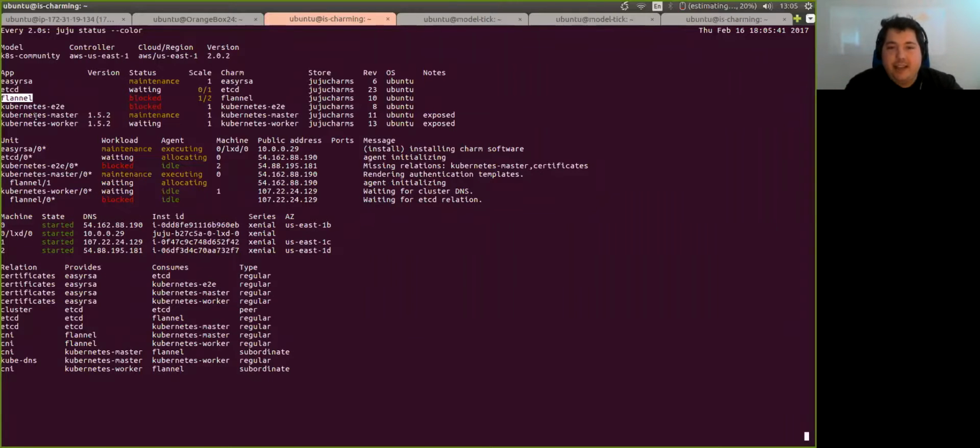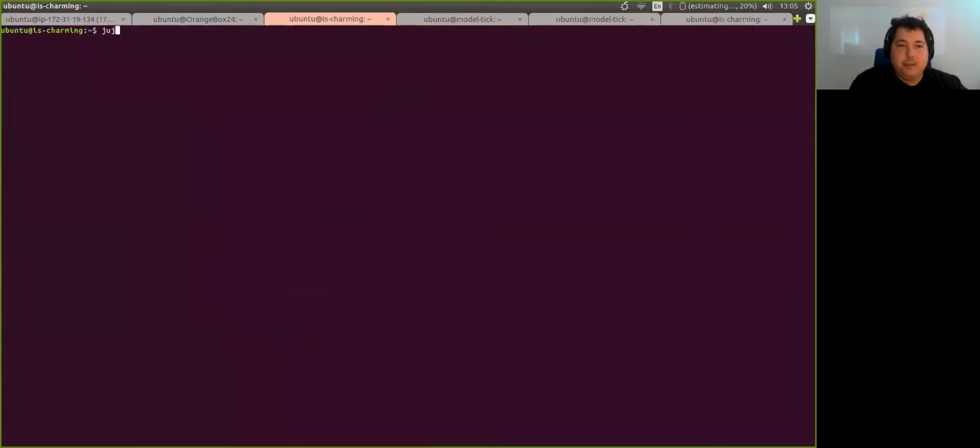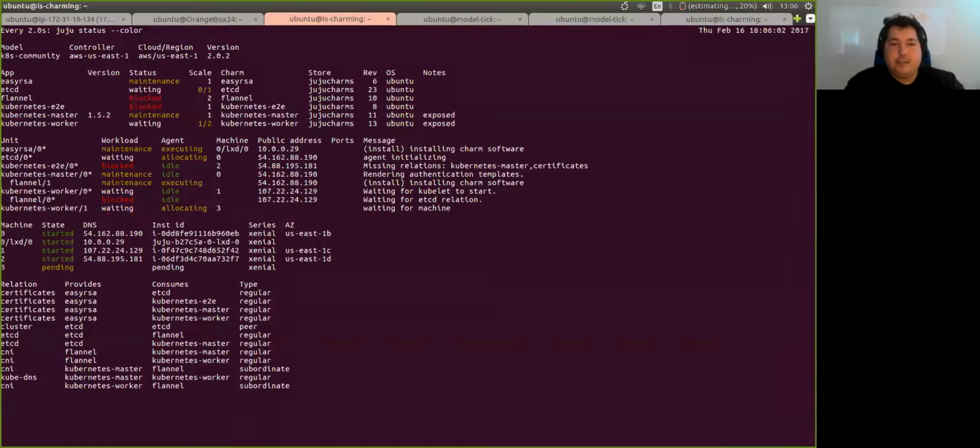And because this is a live model, what's great about the way we model things is you can actually manipulate the model over time. So for instance, you could say something like, well, today I only have one worker and one master, but if I wanted to, I could say something like, Juju, add me an additional unit of Kubernetes worker. And what that'll do is literally go live provision you another instance and make sure it's added to the same connections that are there before. So it's got the right TLS certificates, the CA root, the public CA root to validate certificates. It'll be connected to etcd and to the API master